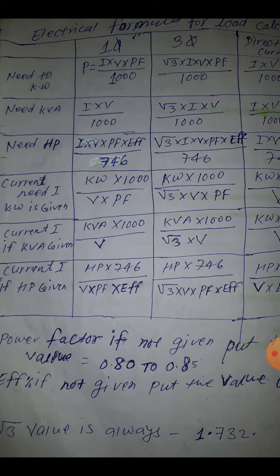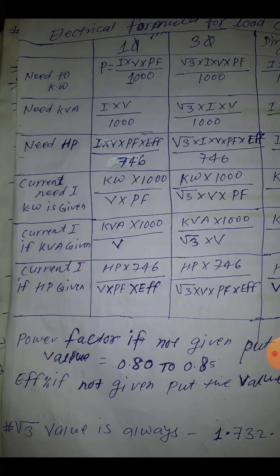Okay, if a motor has no power factor and no efficiency given, how do you calculate? You don't need to think about this one; you can use a default value. If the power factor is not written on the nameplate, you can use the value 0.80, and if efficiency is not given, you can use the value 0.90. After that, convert the power load to amperes, and you can convert it.